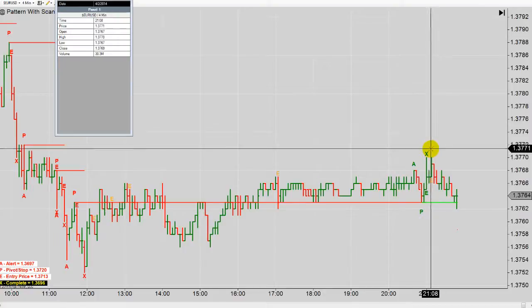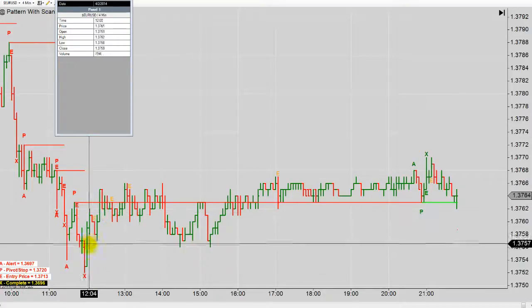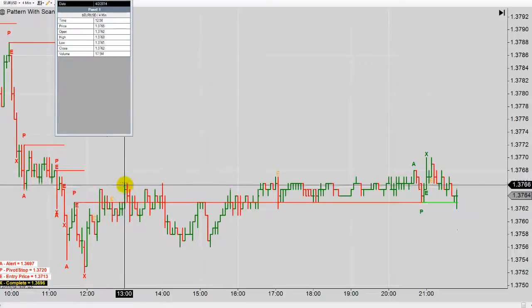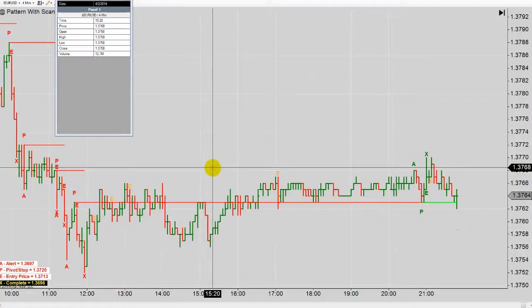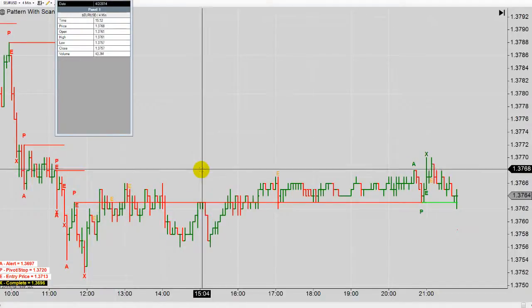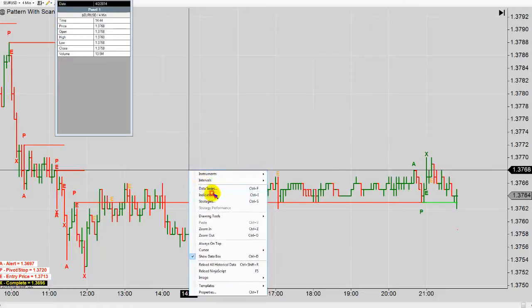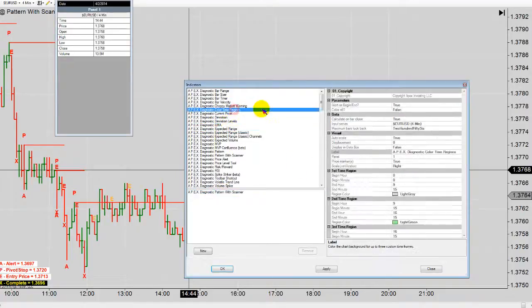It keeps us out of a lot of chop. The bad thing is, what if it does this? It goes boom, boom, over and over again, okay? And that's where the MVP is going to come in. It's going to save you from that mess. So if we go back in and we throw on the MVP on here,